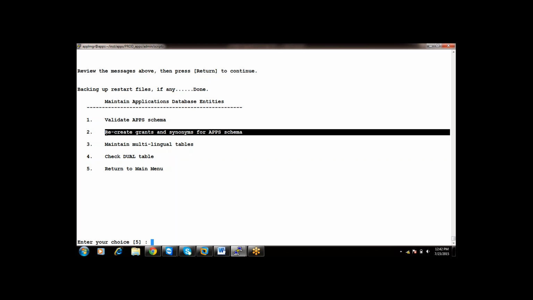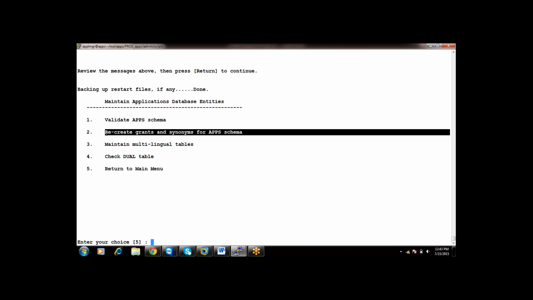Let us take an example of AP_INVOICES. AP_INVOICES is a table which contains the invoice information. It is owned by your Application Payables AP schema. So the AP schema is the owner of that particular table.